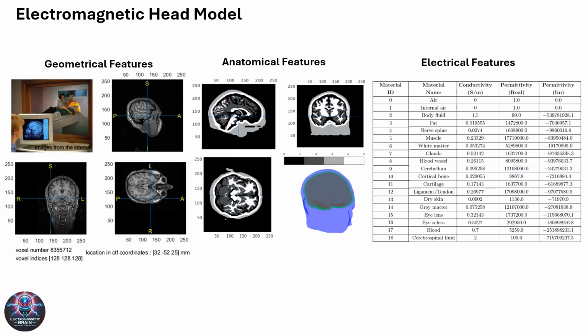In the next step, each segment is meshed. The results of this step are shown in the slide using FieldTrip software. The third type of information that needs to be incorporated into the head model is the electrical features. At neural activity frequencies, the head model is considered a volume conductor, allowing currents generated by the brain to propagate